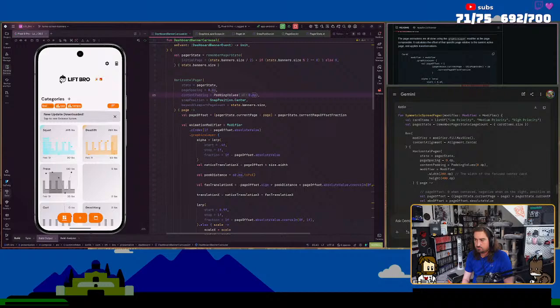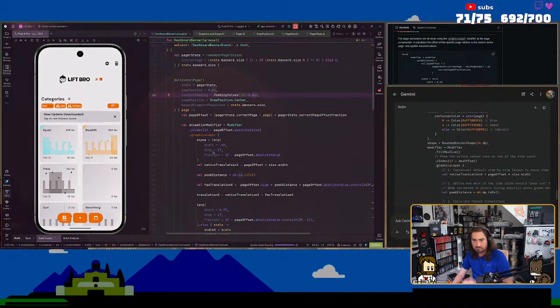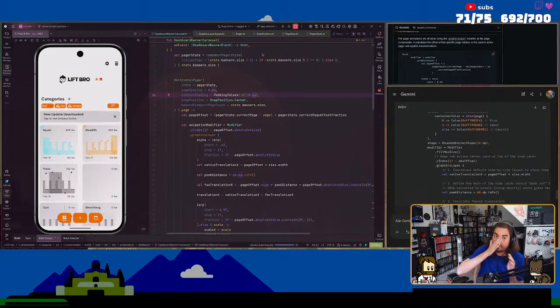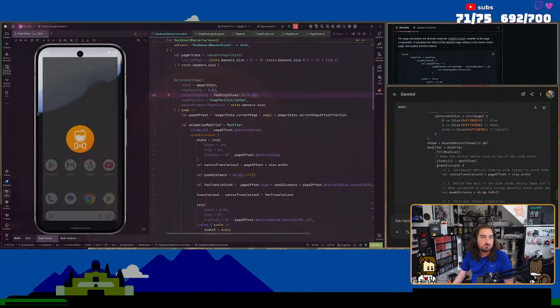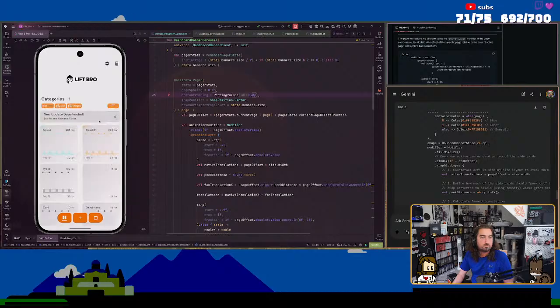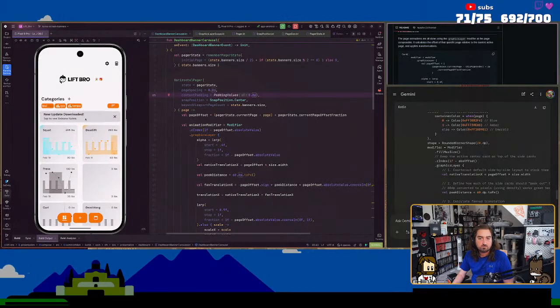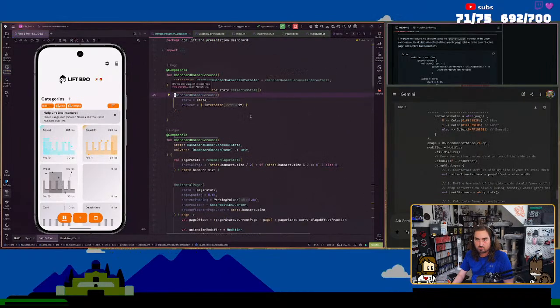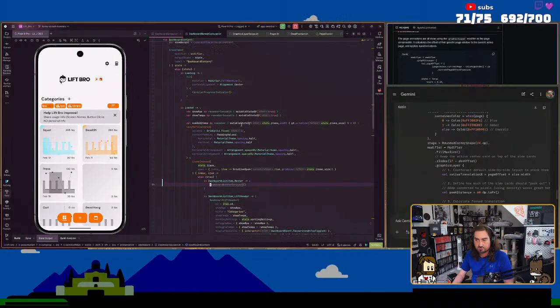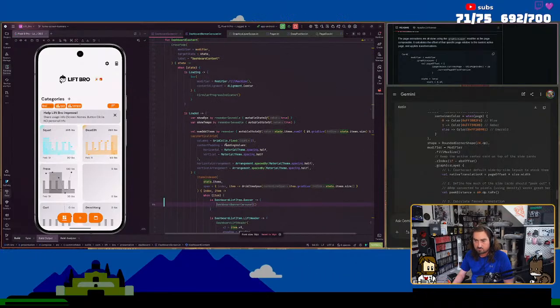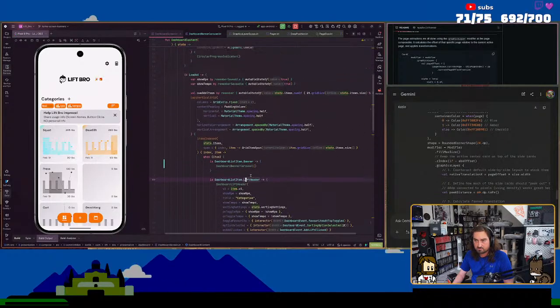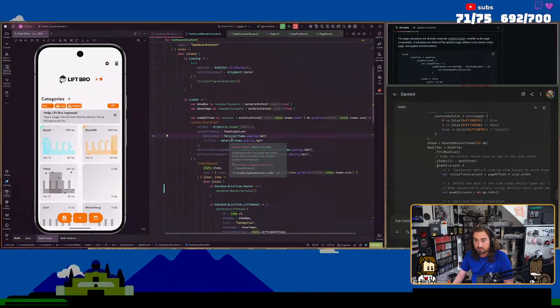And then that's all going to be the width, so that should be fine. I also just need the actual cards themselves to kind of be padded in. So how does this work? So we have content padding here, which is half and half, and then this also has its own content padding.